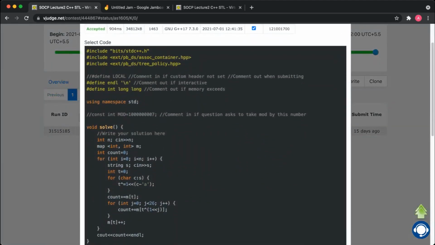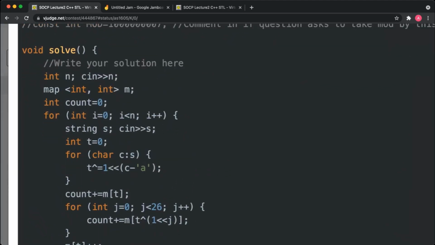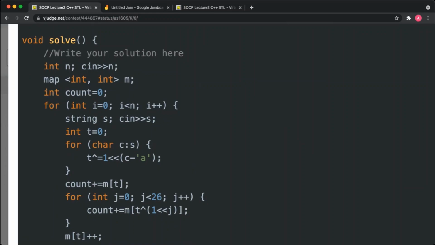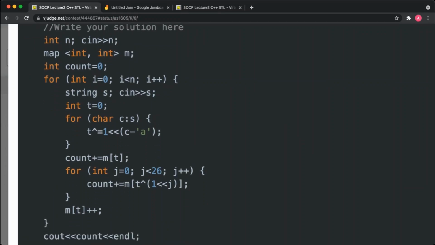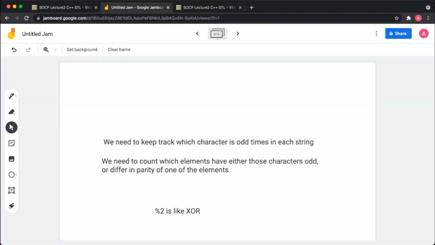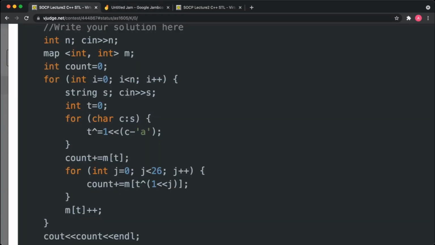Basically, here we first take a map to store them. For each character, we are using T as a bit mask. Now for each character, 1 shifted by C minus 'a' times will give us the element: if it was A, it would be the last element.